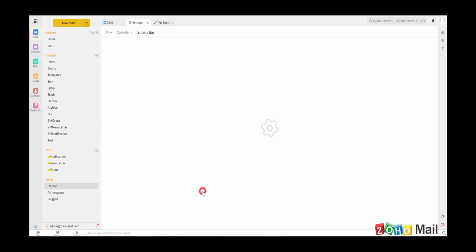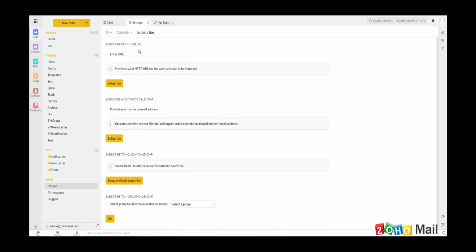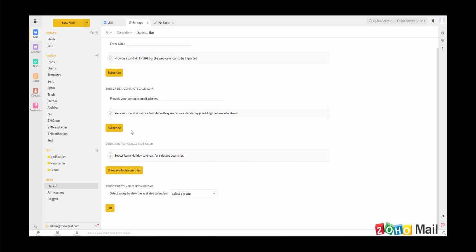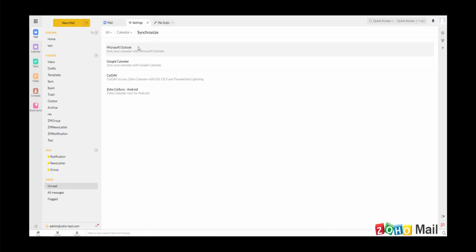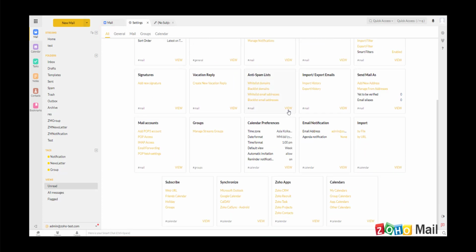So apart from that, you'll be able to subscribe to a lot of other calendars, which you can see from this specific setting. You can synchronize your calendar with Outlook, Google Calendar, CalDAV and Zoho CalSync. So all these synchronization options are covered under the Zoho Calendar help page. We have given a step-by-step instruction on how to perform all these synchronizations, which you can surely go ahead and check it out. And if you're in need of any further assistance, you can reach us anytime